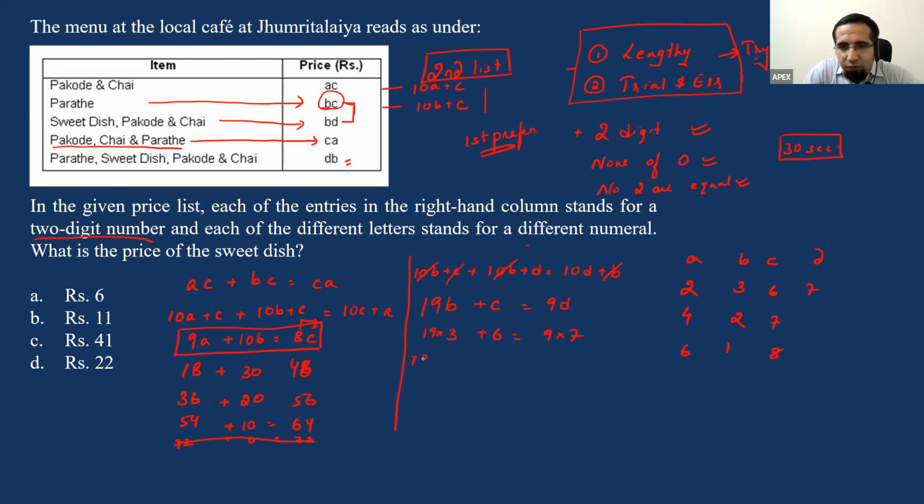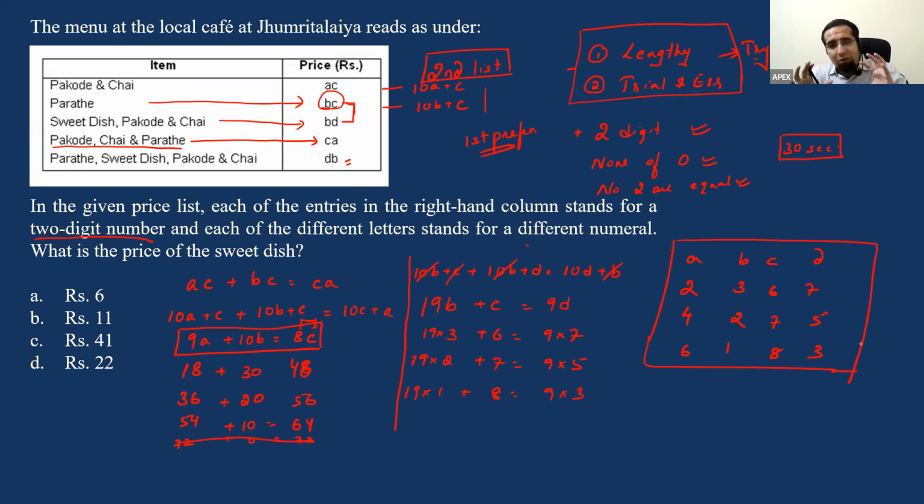19 into 2, okay, is 38 plus C is 7. 38 plus 7 is 45, that is 9 into 5. And finally, I have 19 into 1 is 19 plus 8 is 27, which is 9 into 3, that is 27. So we have finally 3 cases to satisfy our conditions. Okay. Now, whenever you're stuck and there's no cannot be determined, my advice is always go back to what is